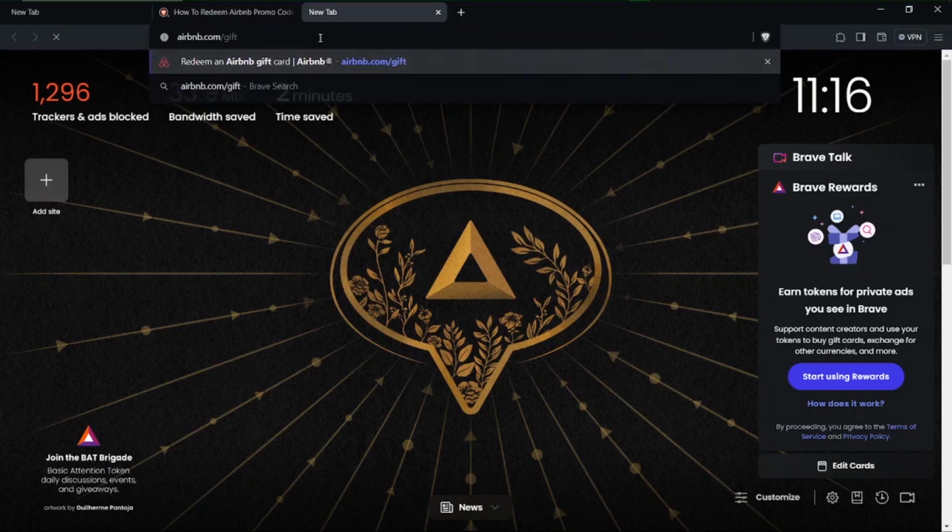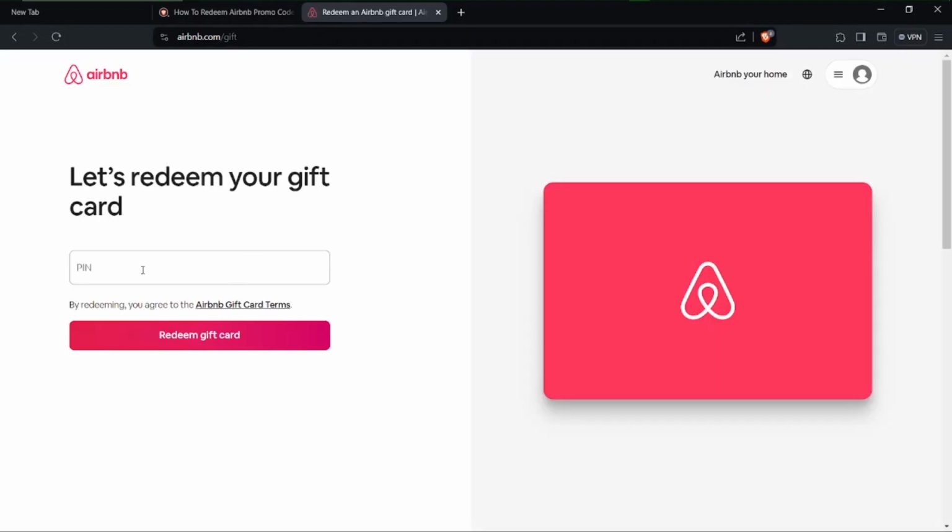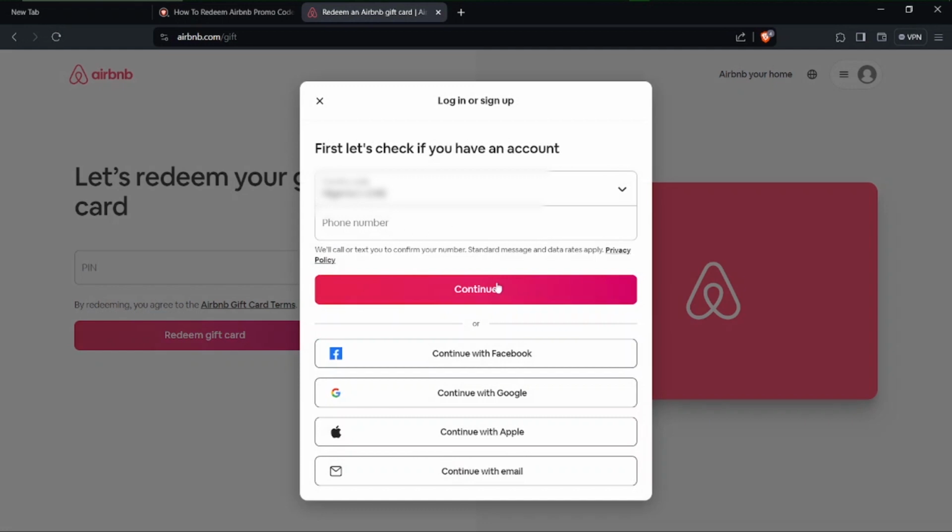airbnb.com/gift. Now this should take you to a page where you can redeem your promo code. All you have to do is input the pin over here and of course click redeem gift card. Now do note, you do need an account for this. As you can see, I currently am not logged in, but if you're logged in, all you have to do